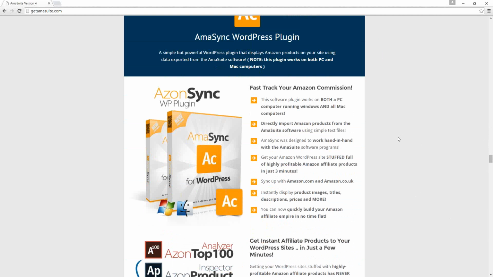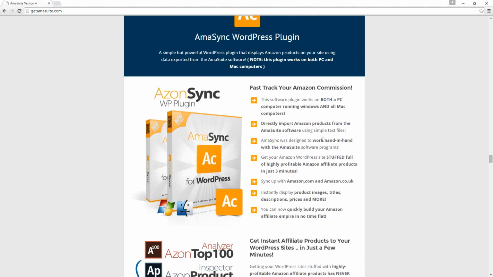With Amma Sync, I've never used this one personally myself either. It appears, though, that it's something that you could kind of connect up to the software, where basically you use the top 100 analyzer and the product inspector to research the products that you would want to create on your website.